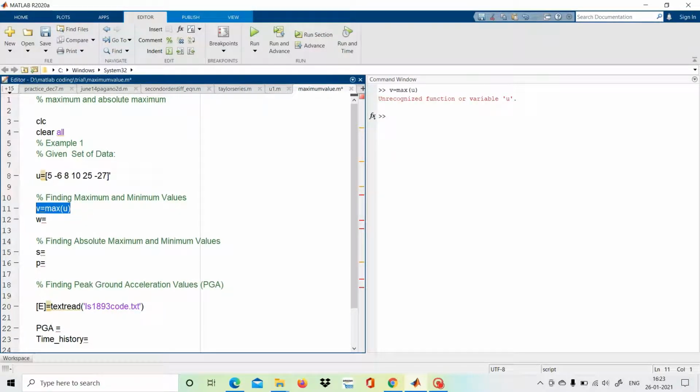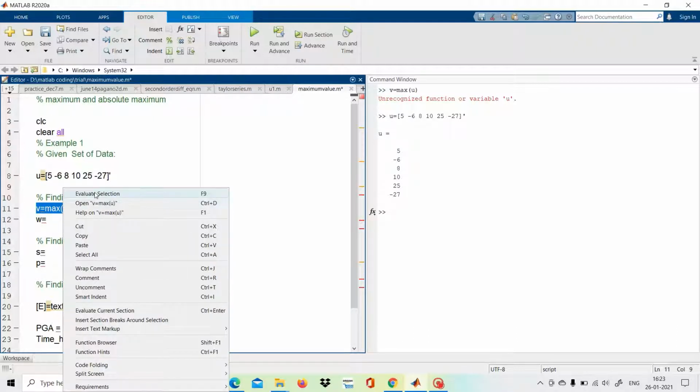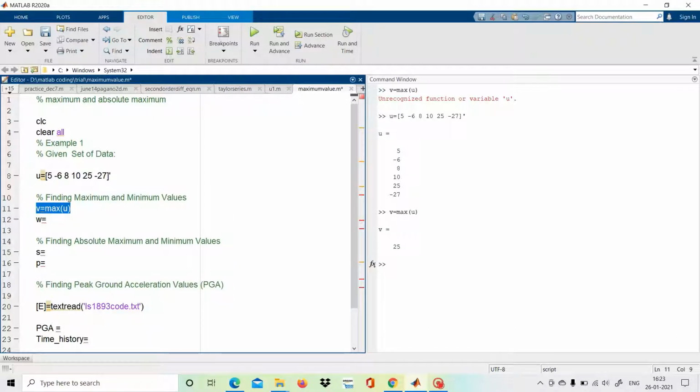It says unrecognized function or variable u, so we have not run u. Before that we have to evaluate the selection for u. So u has given the vector values. Now we run the maximum of u, and we get the maximum value of u as 25.